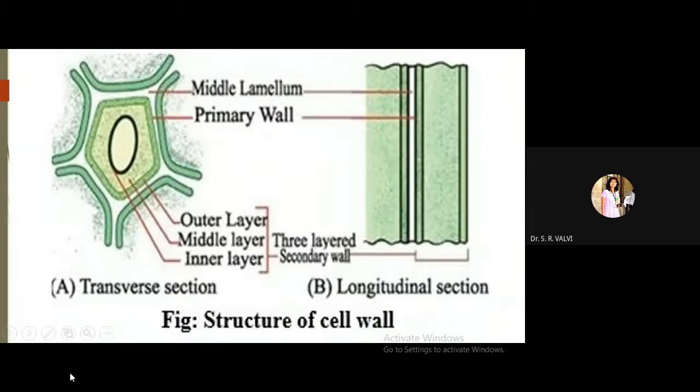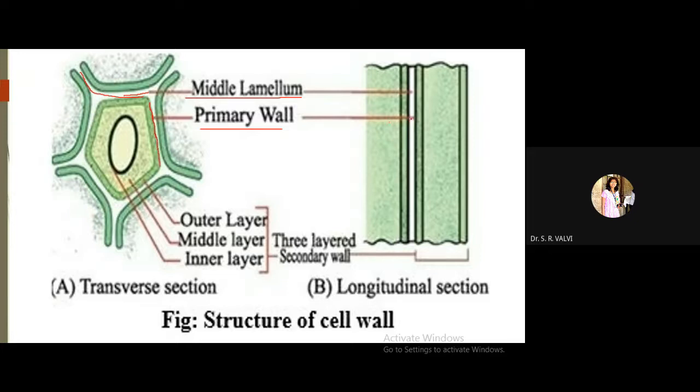So see here, let me take a pen. Whatever this white portion you are observing, this part is called what? Middle lamella. Single is lamella, and it is the middle lamella, right? Then after this middle lamella, the next wall is the primary wall. So you are observing this particular wall here, right? Whatever I'm drawing here, this is your primary wall.